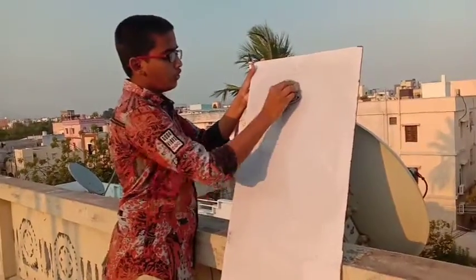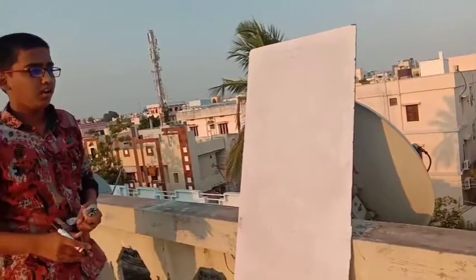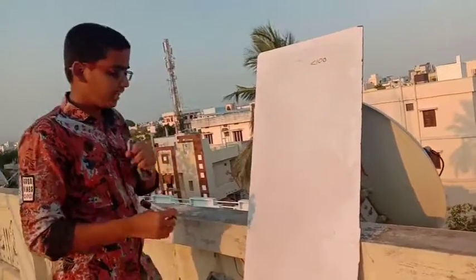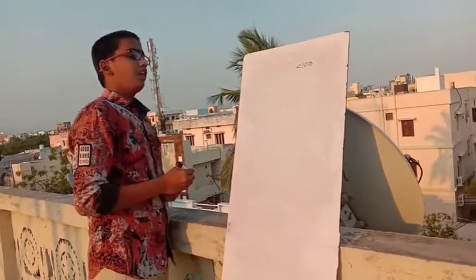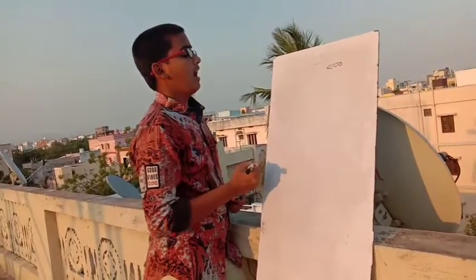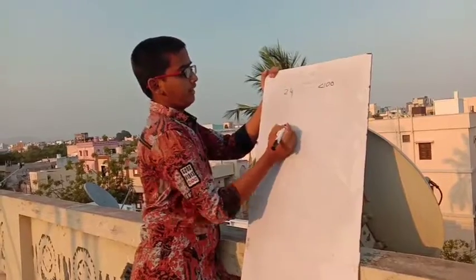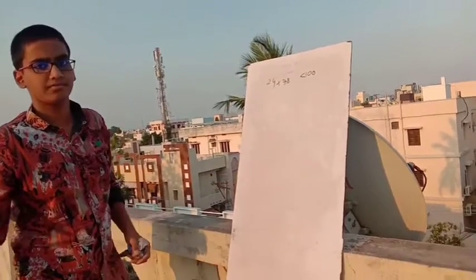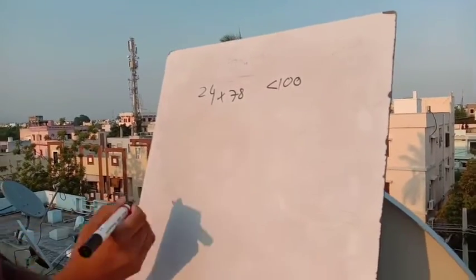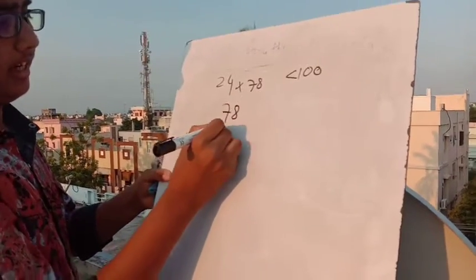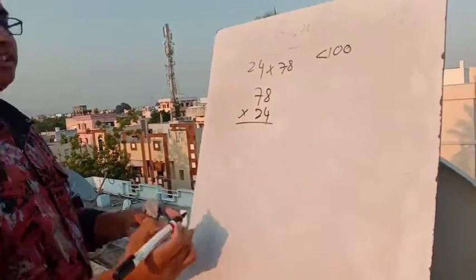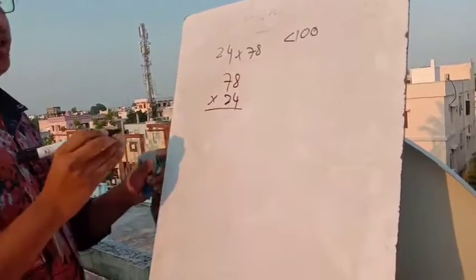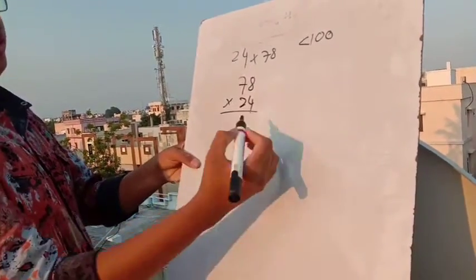Now we will see a general multiplication method. There is no connection between the numbers, and the numbers are less than 100, not greater than 100. It is the general multiplication trick, and you can apply it anywhere. Now let's check. I am taking numbers like 24 into 78. These are not matching anywhere. We have to multiply these two numbers. There is no link between them, not near to 100 or greater than 100. So what we have to do here is first multiply these two.